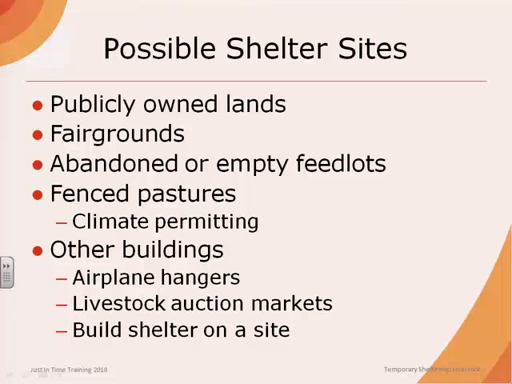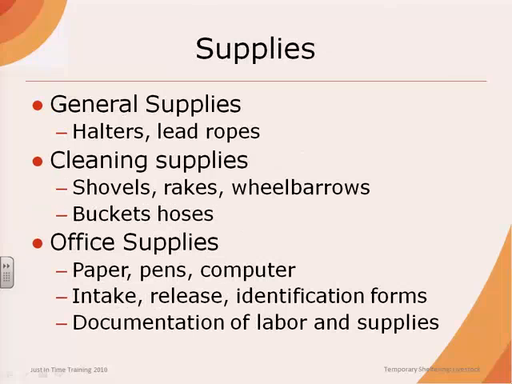Possible temporary shelter sites may include publicly owned lands, fenced pastures, if the weather is permitting, county fairgrounds, or abandoned or empty feedlots or sale barns. Other, less traditional options, such as an airplane hangar, may serve as a temporary housing option in the absence of other sites. In some situations, a temporary shelter may need to be built at a particular location using items such as a portable gate panel. Temporary sheltering facilities will need to have a number of supplies available for the handling and care